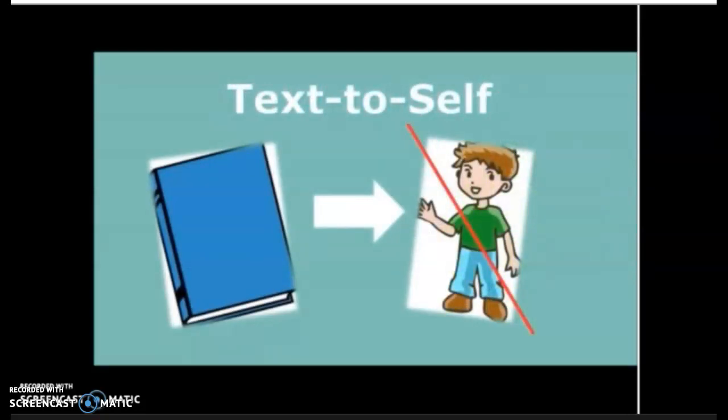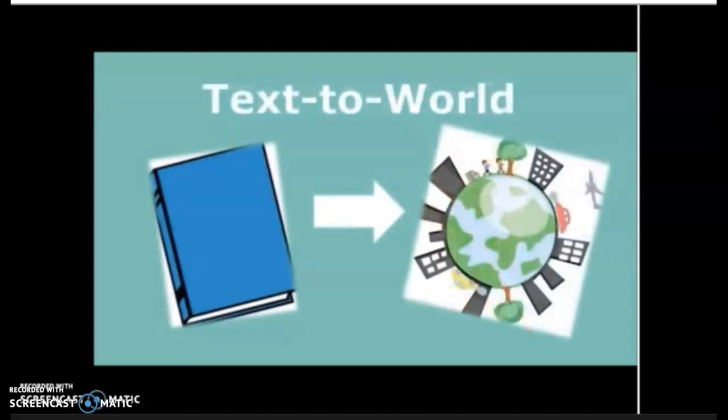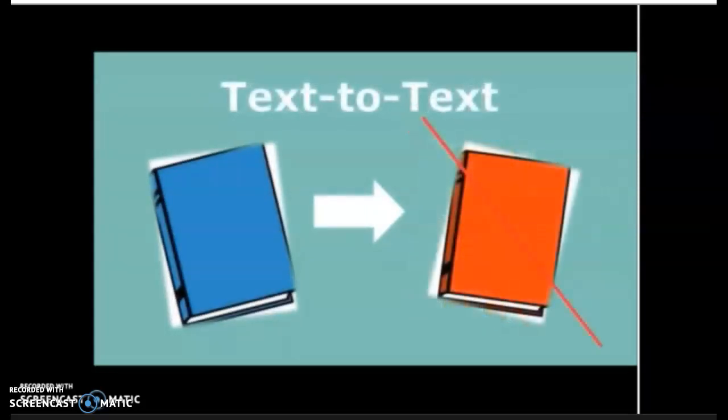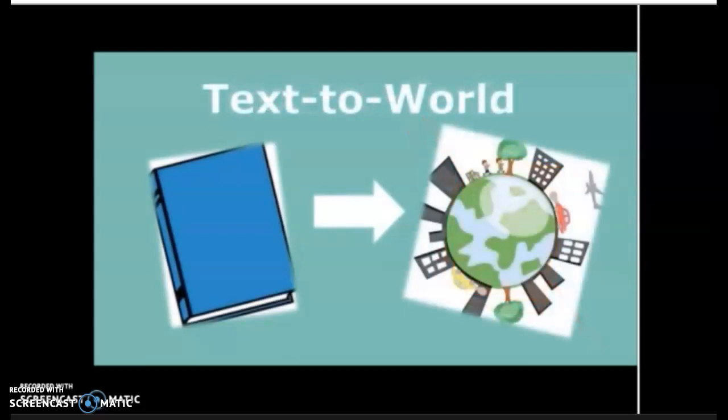But it can be something that reminds you of someone you know, your mom, your brother, a cousin, your dog. Or maybe it reminds you of a place like a school or a park. When what we read makes us think of something and it's not ourselves or another book, that is a text-to-world